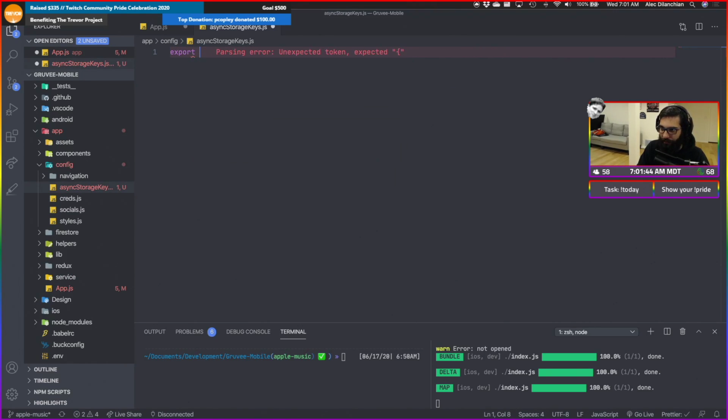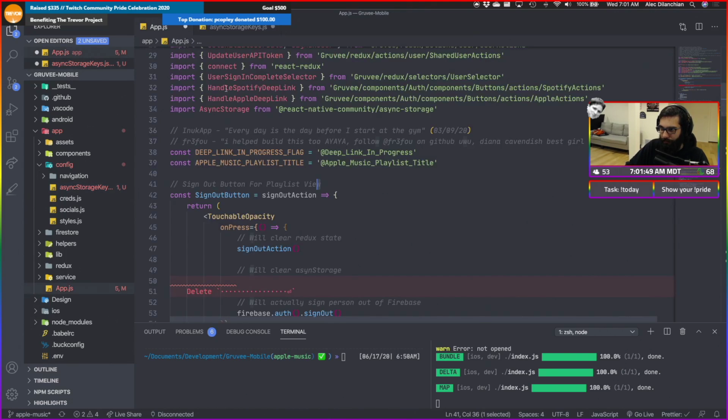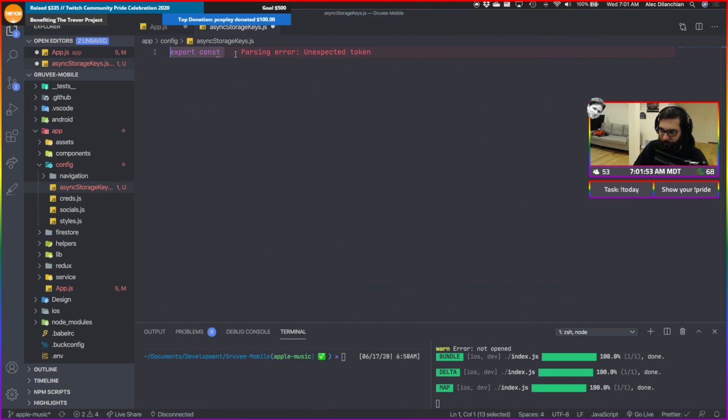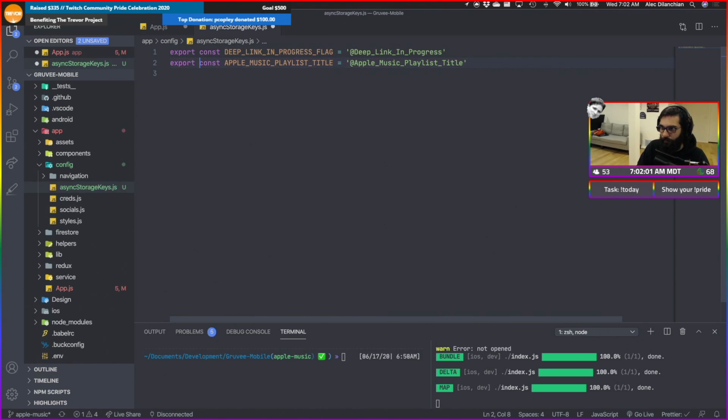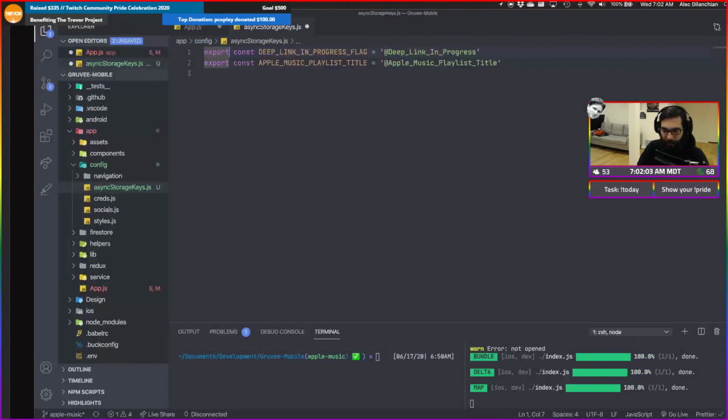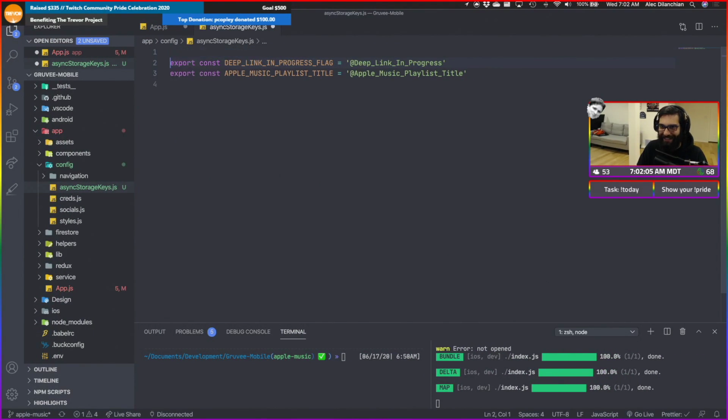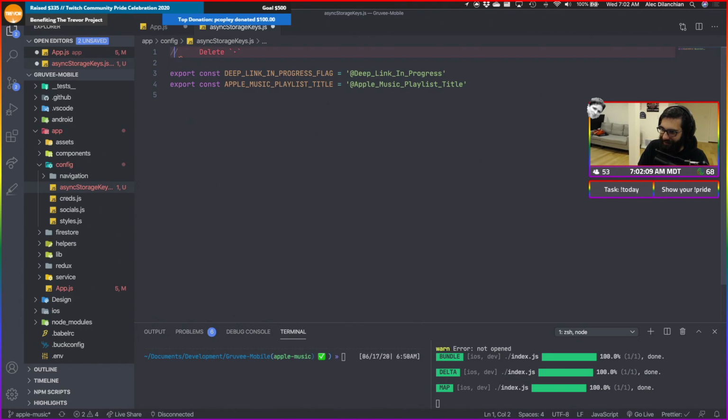Yeah, and so we can do export const. Essentially just add these guys. And not just mods. No, it has to be just mods here.